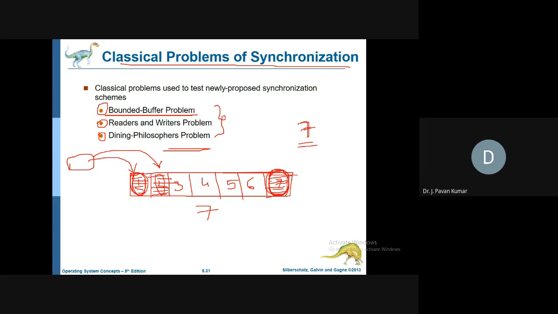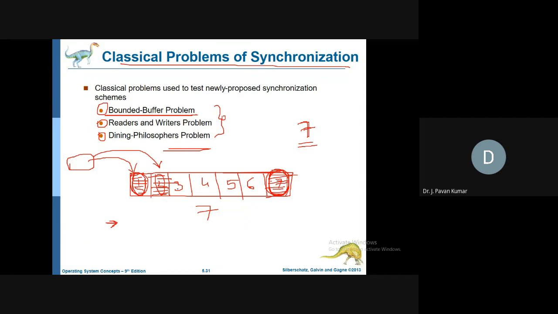Now how we can implement this is by using semaphores. Try to understand the problem. A bounded capacity, that is finite capacity, will be there. Whether we are having free slots or not, we have to check. That is the first thing. If free slots are there, then we could enter.